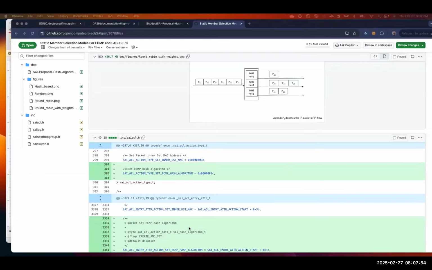I mean, you still need to produce a hash, right? You have to pick a number. The number needs to be produced. It could be just a random number generation, and I do a mod on the number of member links, right? I don't need anything else. I don't need to look at the packet field and pass it to a hash computation block.